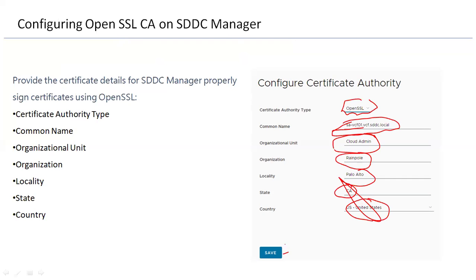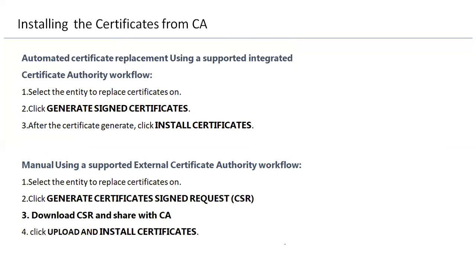So once certificate providers details are updated in your SDDC Manager, now the time is installing the certificate, or maybe replacing the existing certificate. Okay, so two things when you are installing the certificates. For an example, if you just have a greenfield deployment, when we say greenfield deployment, it is just a new deployment of VCF and you are doing it the first time. You have to integrate your CA, either Microsoft CA or OpenSSL CA. Then you have to install the certificate the very first time. Or if in case